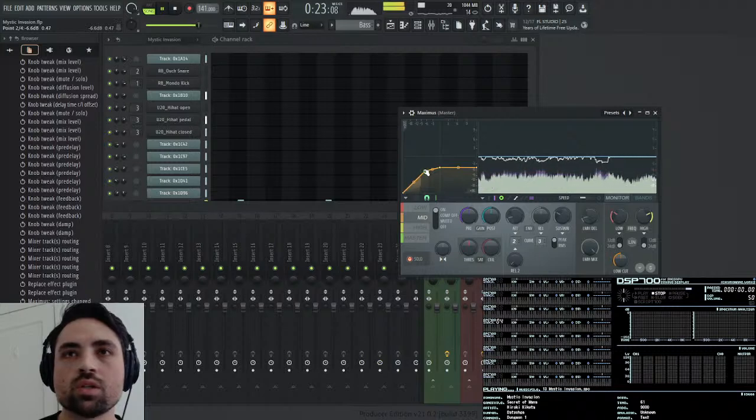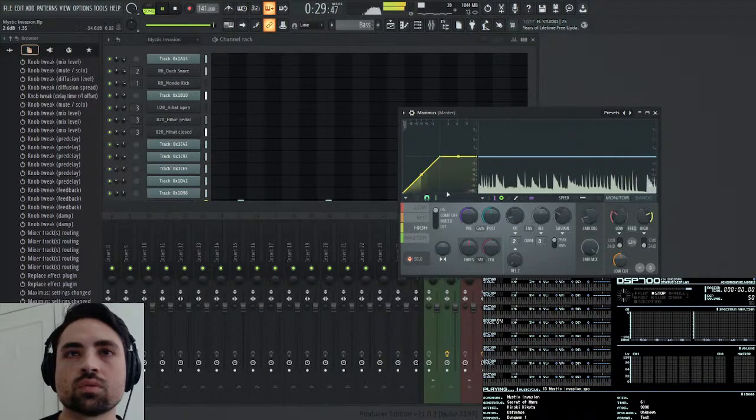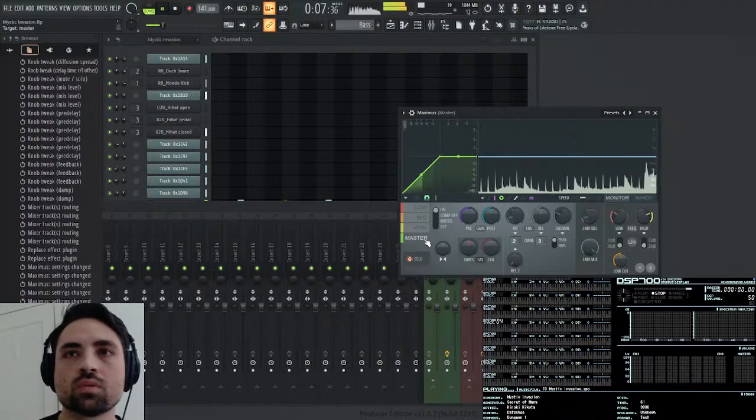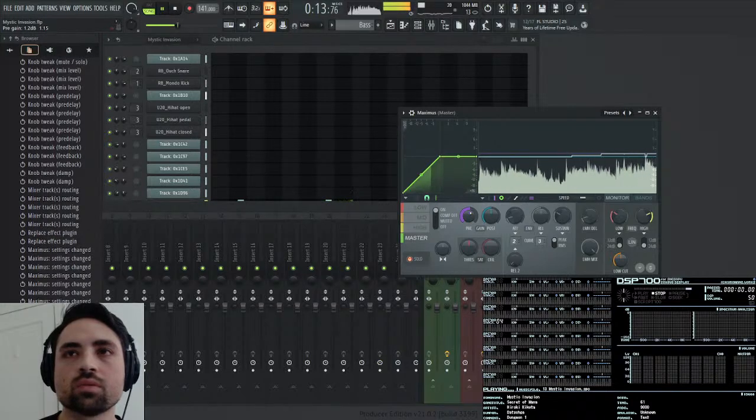Let me make this one very subtle. Now the high bands, I'm gonna compress a little bit. Yes. Now I can raise this up a bit, not too much.